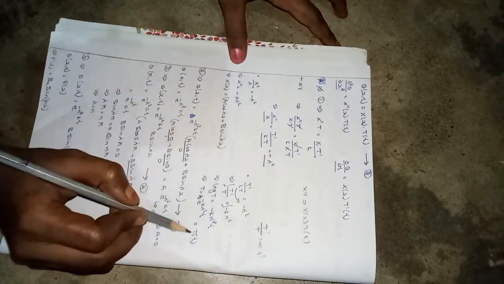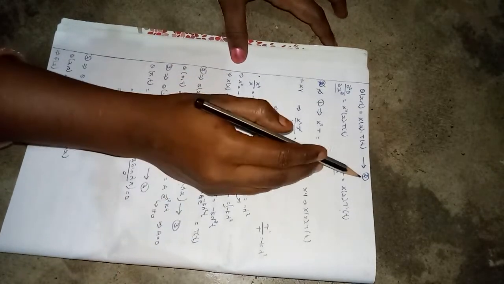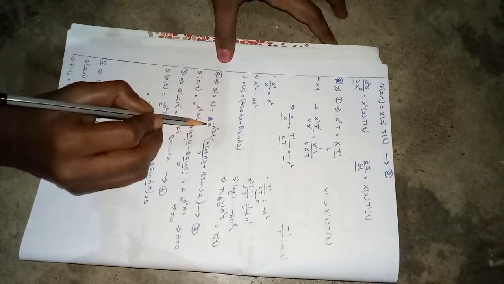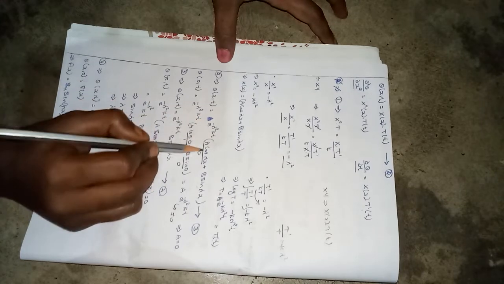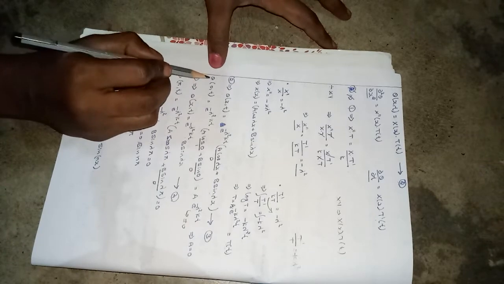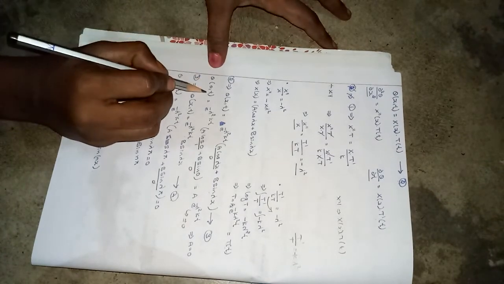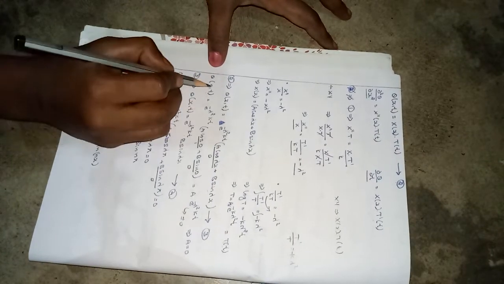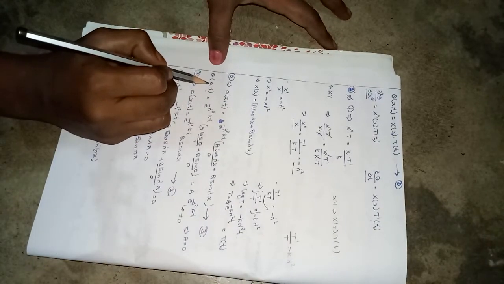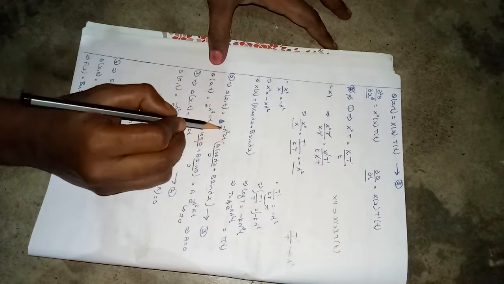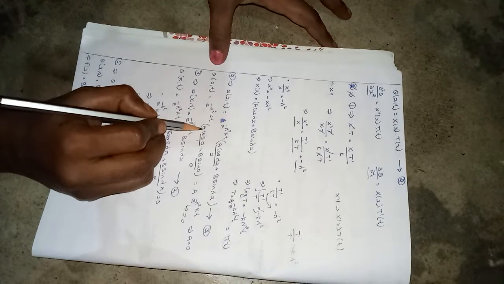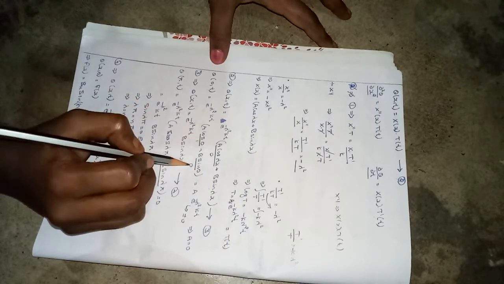We obtained X(x) and T(t). Apply these two values in the second equation. So the second equation becomes θ(x, t) = T(t) X(x). Let it be equation number 3. In the boundary conditions it is given that θ(0, t) = 0. Apply this value in the third equation. So θ(0, t) means x will be 0. This term will remain the same: A cos 0 + B sin 0. Cos 0 is 1, sin 0 is 0.